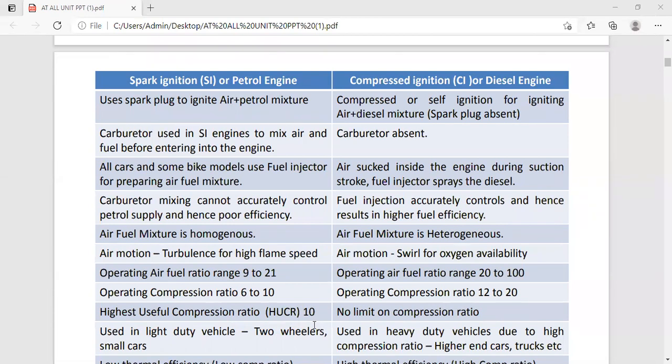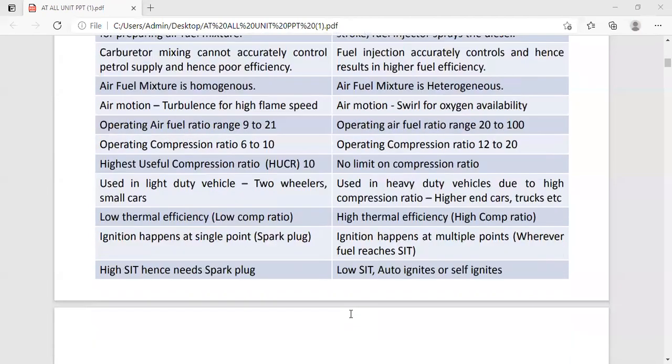So here the highest useful compression ratio is 12 to 20, and in the SI engine the highest useful compression ratio is 10. Here there is no limit on the compression ratio. Next, the SI engine is generally used in light duty vehicles. If you see the two-wheeler, small cars, in that case we are using the SI engine. But if you see the compression ignition engine, we are using these engines in the heavy duty vehicles,